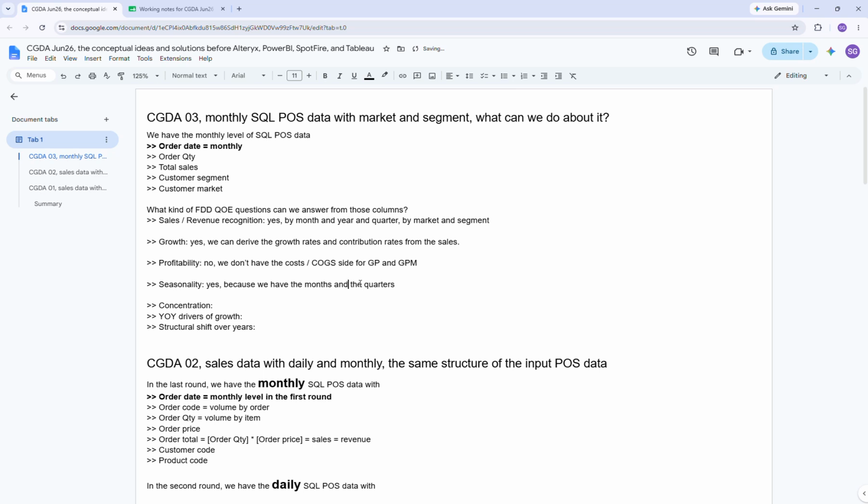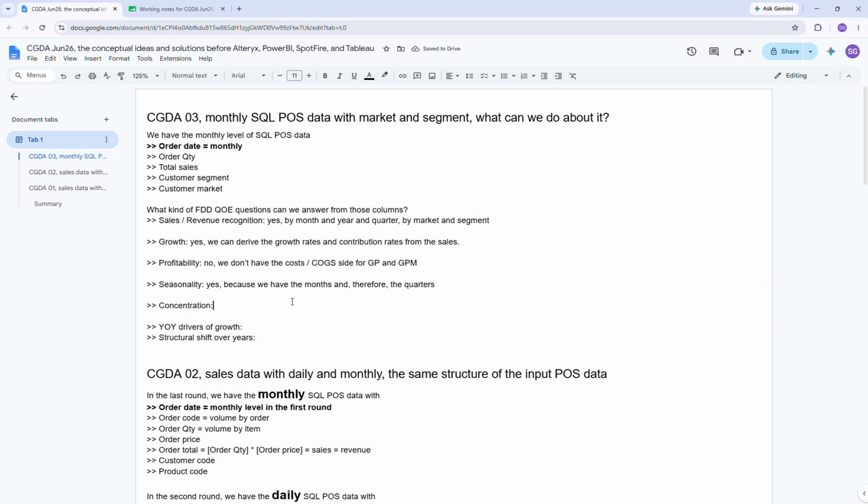Actually, and therefore, so quarter, because we can imply the quarter from the months. Okay, so this one, yes. Concentration. Now this one is a little bit